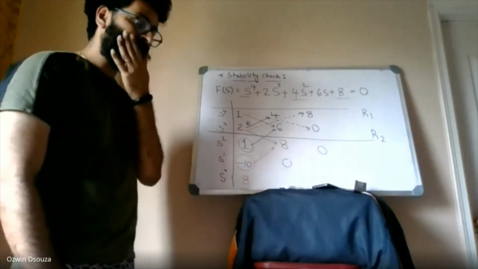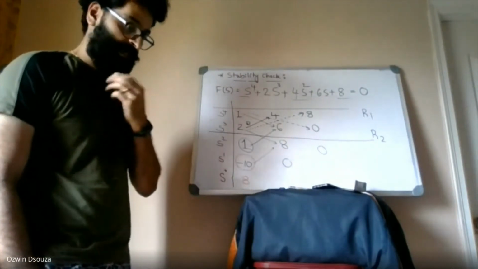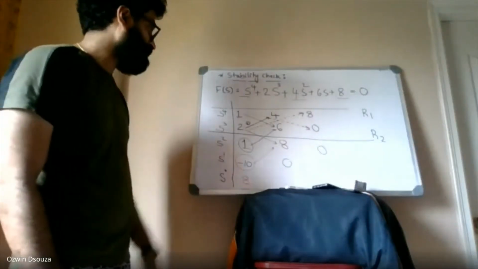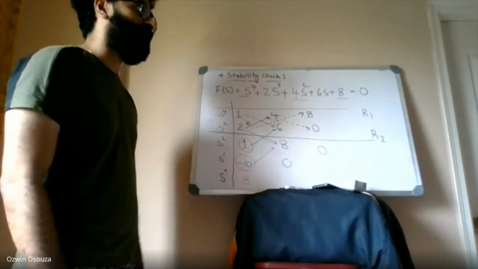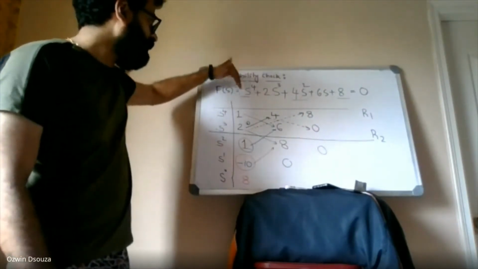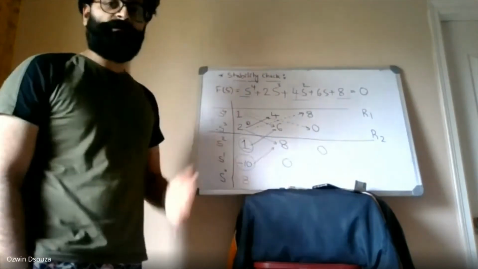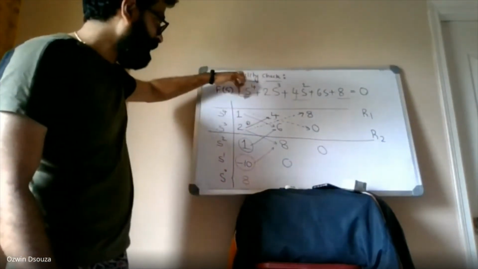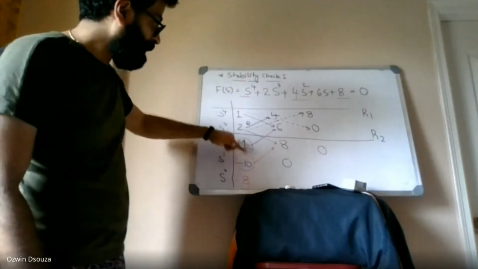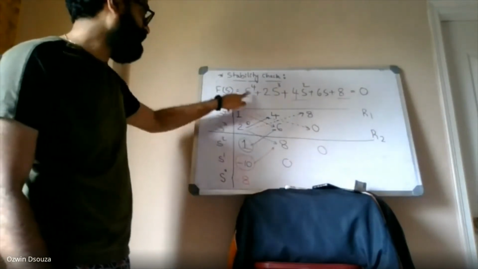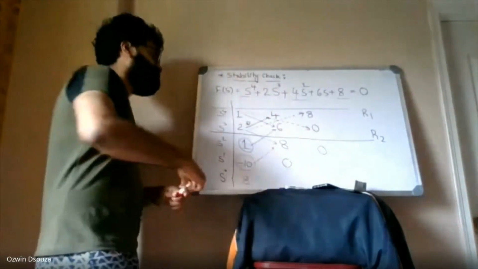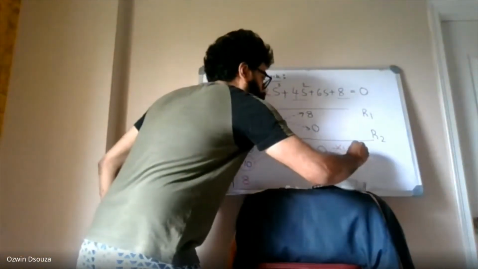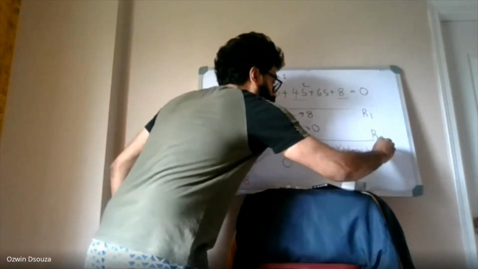And on what basis did you say it's an unstable system? Negative sign in the first row. Yeah, negative sign, right? So for Routh-Hurwitz criteria, in order to have a stable system, we want all the first column entries to have the same sign. But as you can clearly observe, in the first column, there is a negative sign. Hence, you can say the first column entries do not have the same sign. Hence, the system is unstable.